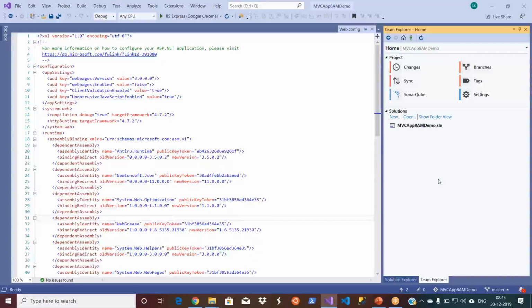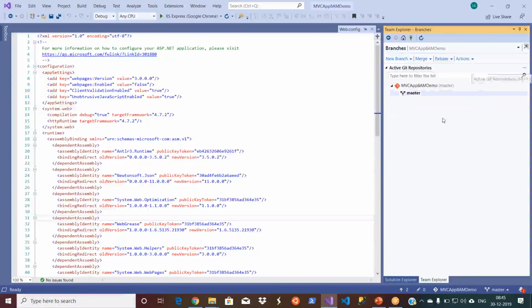For the first time, you see the branches as well. We will talk about branches. When you create an Azure DevOps project, the repo is automatically created, but each repo will have multiple branches. By default, it creates a branch called master. You see this here, at the bottom as well, and when you click on branches also, you will see it here.